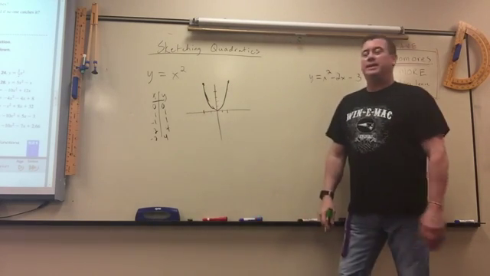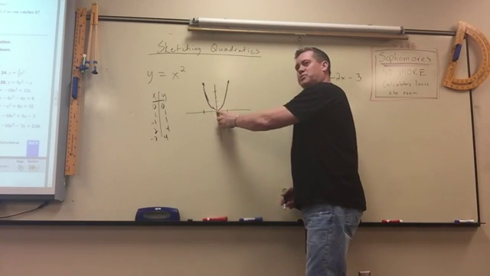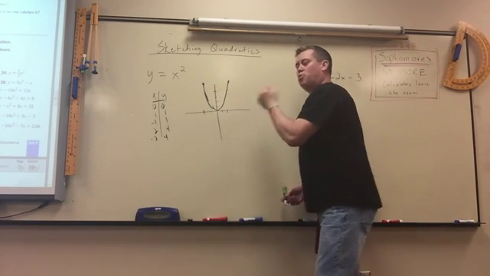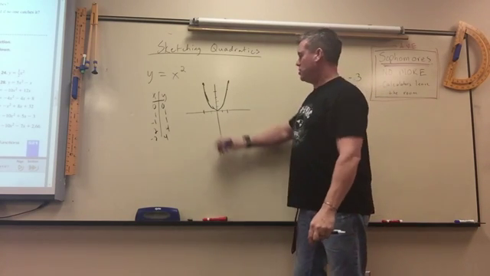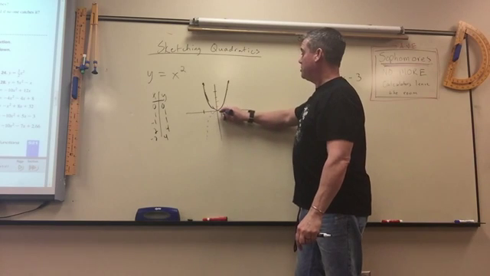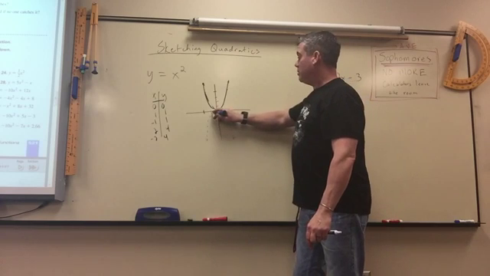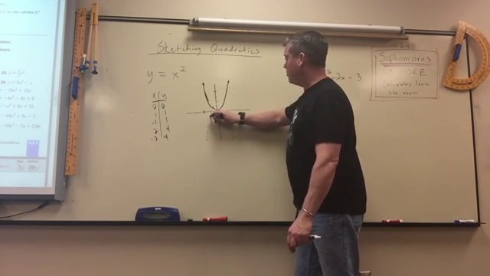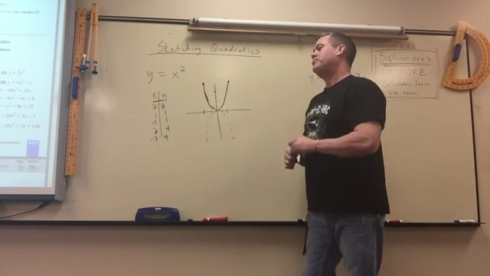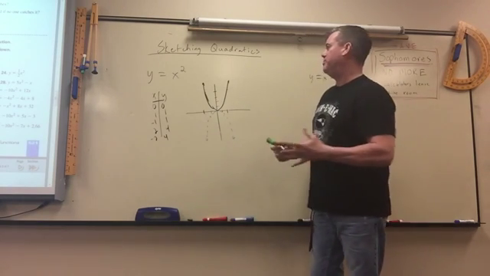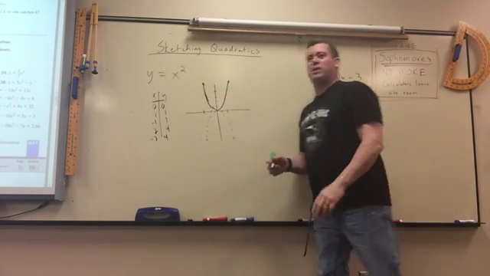So, this is the basic y equals x squared. The center's at 0, 0. It opens up like this. If it was y equals negative x squared, you really wouldn't even have to find anything. It would just be the mirror image of this, going down like that. It would be 1, negative 1, negative 1, negative. I made it a little too wide, but okay. Now, after you do a few of these, you'll see if the number in front of the x squared